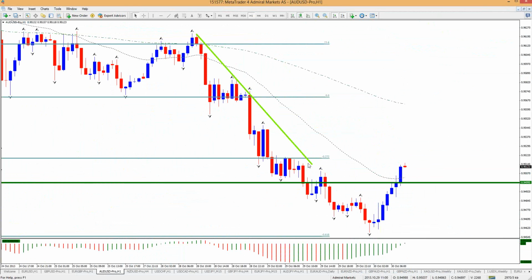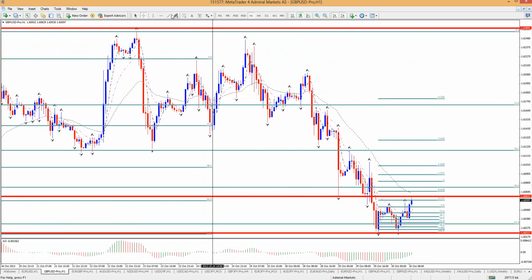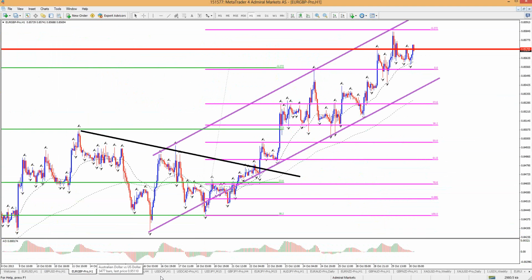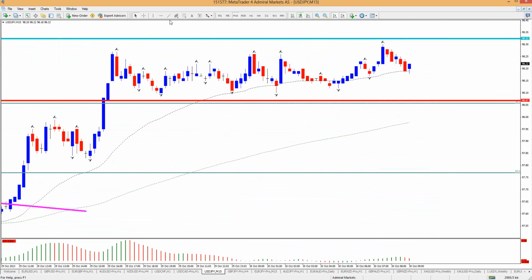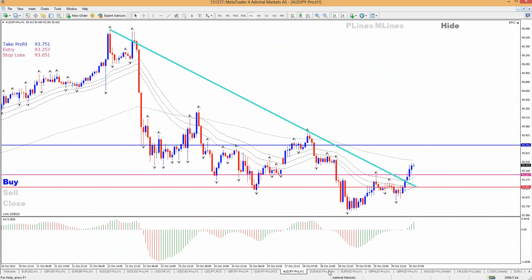But I don't see really any trend lines other than this Euro trend line at the moment that makes sense. We have a very steep trend line here on the pound dollar. I don't like those steep trend lines to trade because those are just too difficult to catch a break. We had this trend line, right? Waiting for continuation now. Other than that, there are not that many trend lines, in fact. Maybe this one.